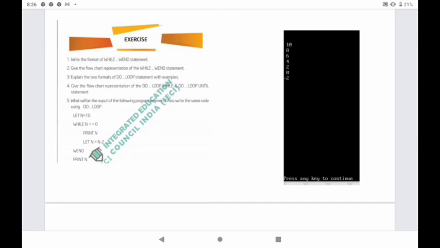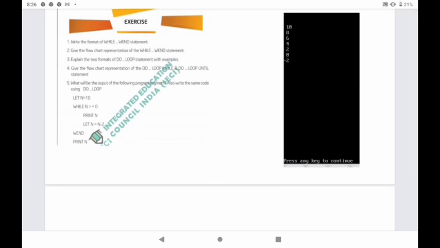That means n will become 8. It will again check the condition that 8 is greater than or equal to 0. Yeah, it is a right statement. So it will come to the next line, print n. That means print 8. Then let n equal to n minus 2, that is n equal to 8 minus 2, that is